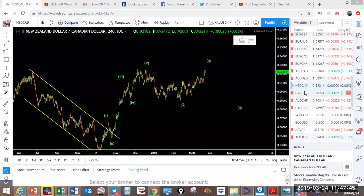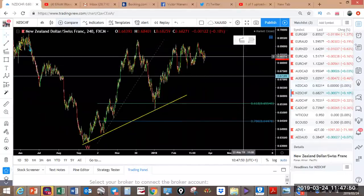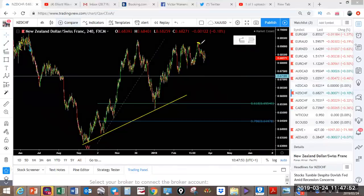New Zealand Chief. So New Zealand Chief, expect this to push a little bit higher to come and retest this level, break out of this and push higher. Audi Chief